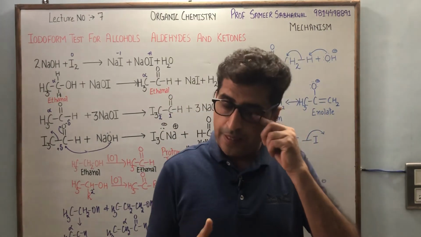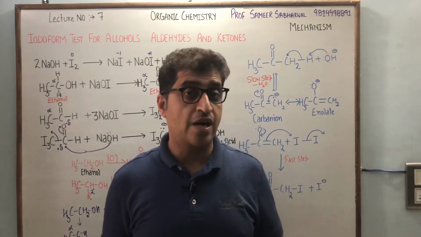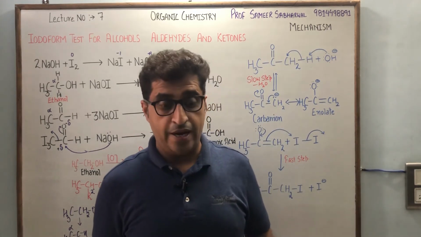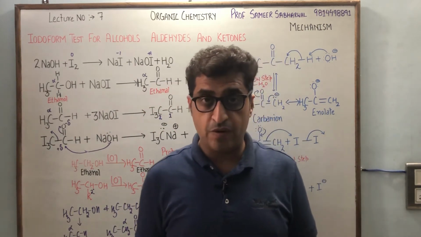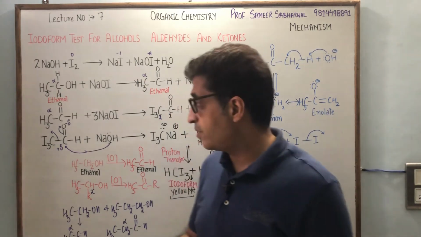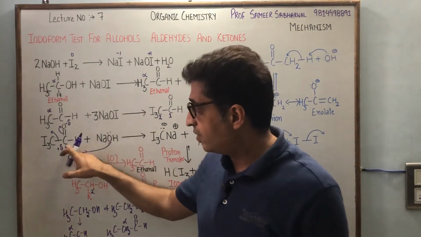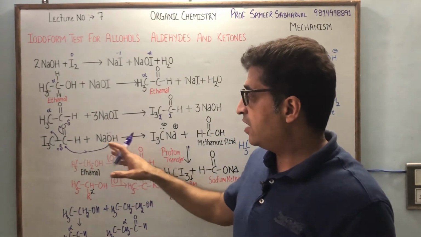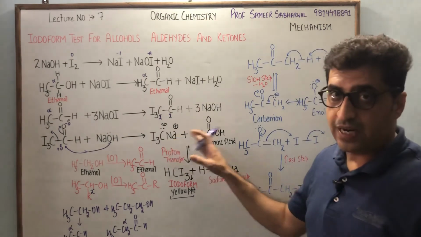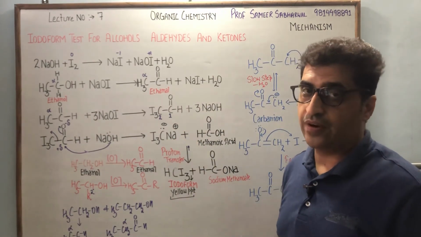In the next step, ethanal reacts with 3 molecules of hypoiodite to give us triiodoethanal, which shows nucleophilic attack because CI3 is a good leaving and electron-withdrawing group, so it increases the positive charge over here. It favors the attack of the nucleophile on this carbonyl carbon, which ultimately gives us this product, and due to proton transfer we get solid, yellow precipitates of iodoform.